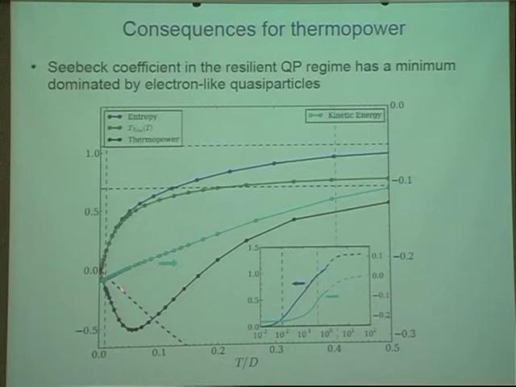Another consequence you can see is that most of this curve is on the negative side, at least in this temperature regime. A lot of the transport is dominated by the negative Seebeck, which means the transport is dominated by electrons. And this is exactly what I was trying to say earlier. The quasi-particle peak was big on this positive frequency side. So transport is really dominated by these resilient quasi-particles that live on the electron-like side of the spectrum. And this is directly visible in this Seebeck coefficient.